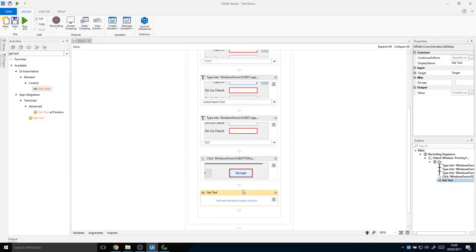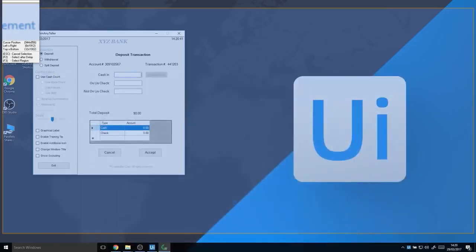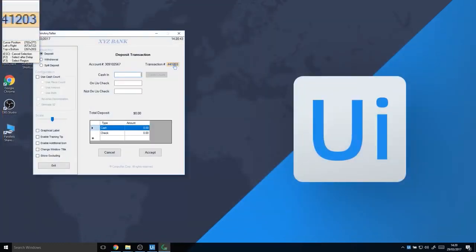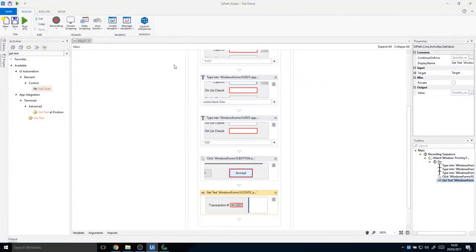Just like the typeInto activity, getText enables us to indicate on screen where the text to be copied is located. Indicating the transaction value will return it as a string and then store it into a variable. Let's define the variable as return text. To check if the return value is correct, let's add a message box activity